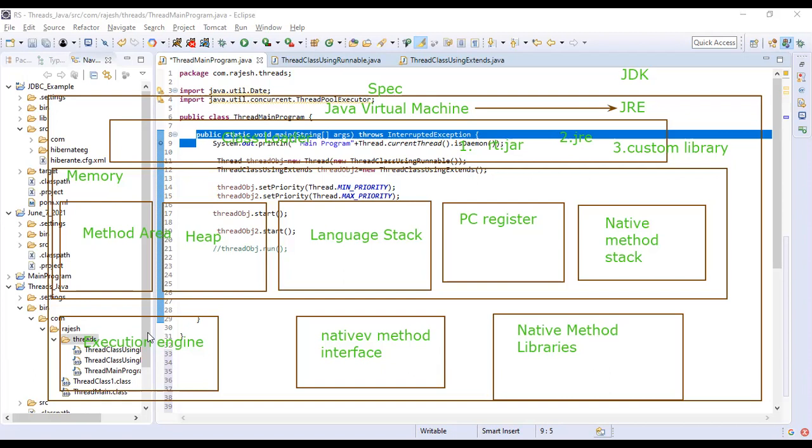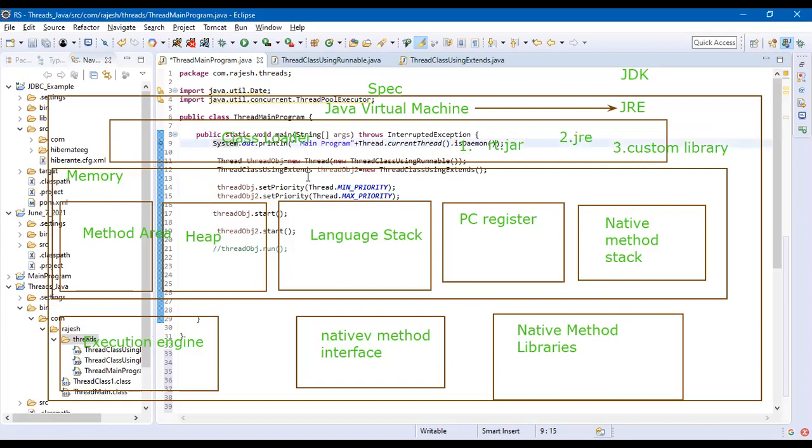The heap is the area where the objects are allocated. So in this case, what are the objects? This is an object. This is an object. So we create an object here, right? Yes. This goes into the heap area. So just the structure of the class alone, without the objects, goes into the method area. Any objects which you create go into the heap area.